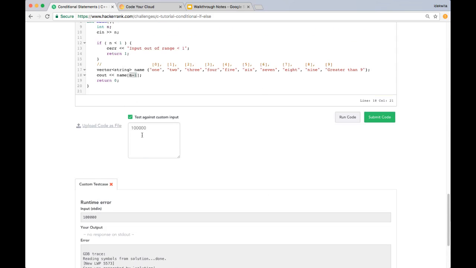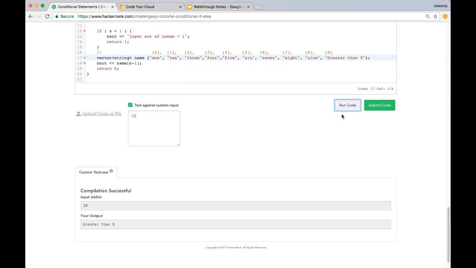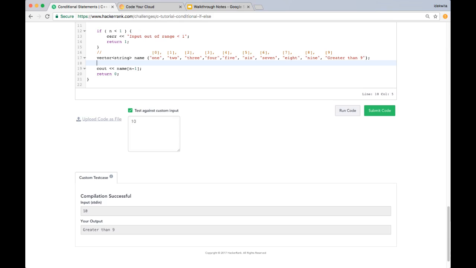I said I want to look at name entry 99,999. Well, how many entries do I have? I only have 10. 0 through 9 is 10. So how can I fix that? Well, we know that the answer for 10 is going to be correct. So we can fix that with one conditional check. If n is greater than 9,